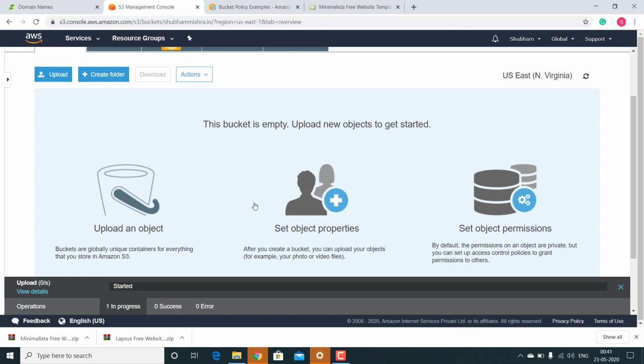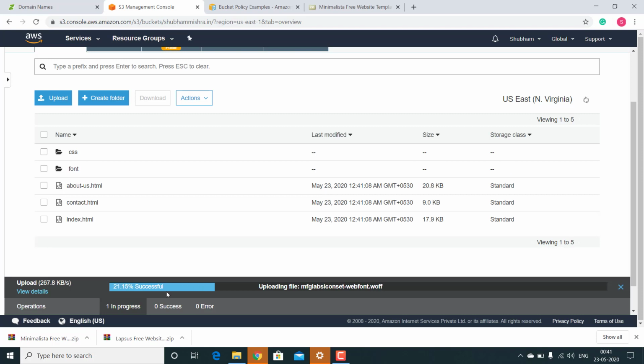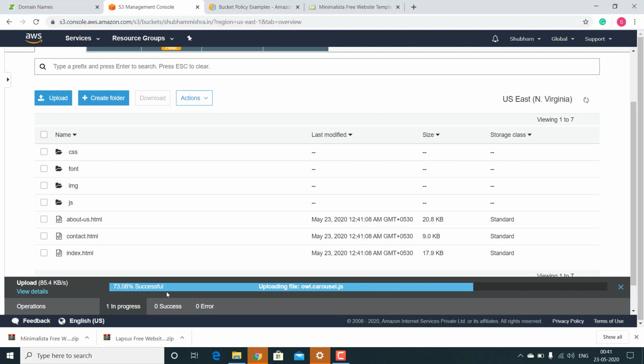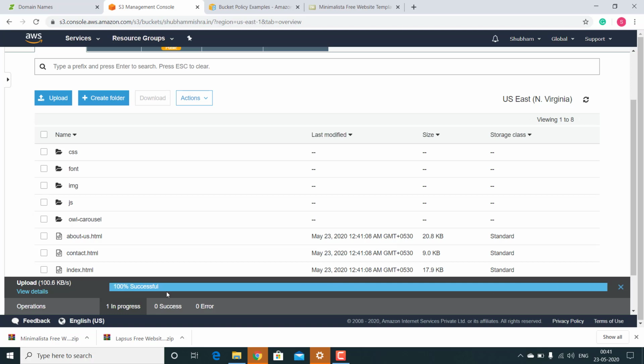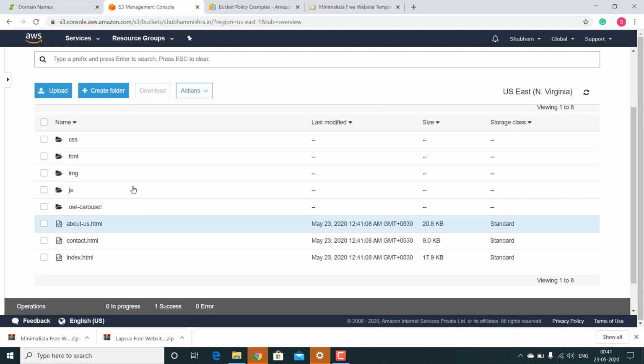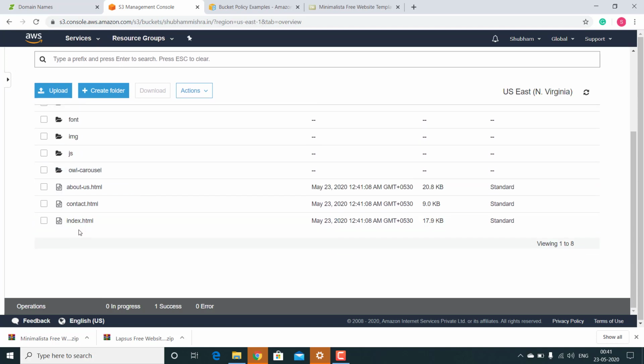Now it will take some time, 30 seconds or 1 minute or less than 30 seconds. Now it is successfully uploaded. Now here is your index.html file.